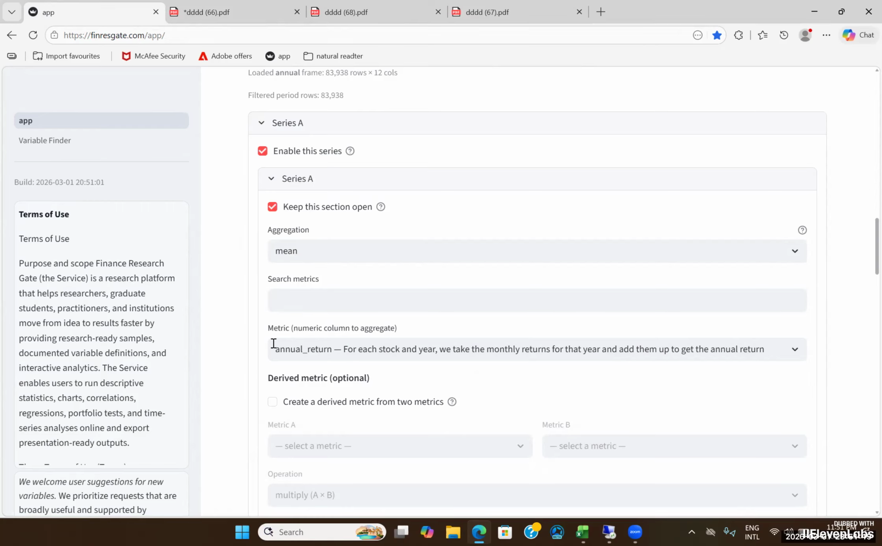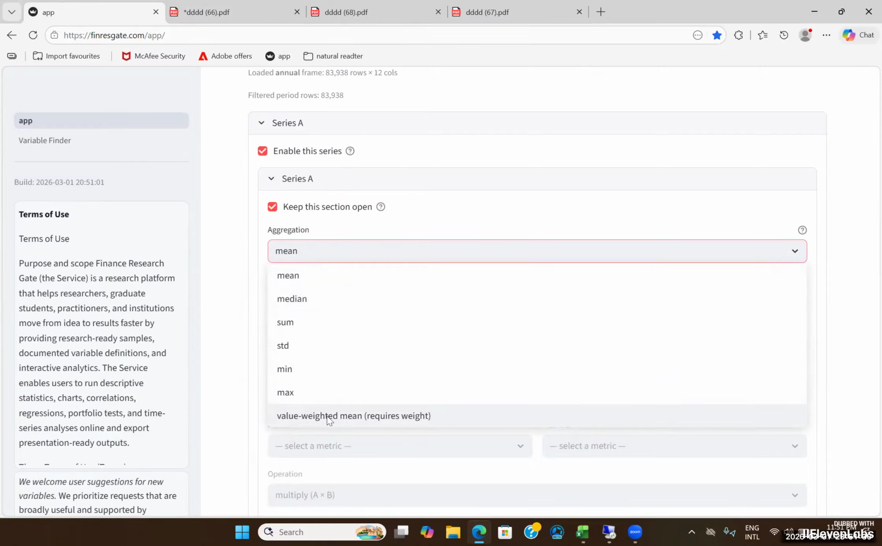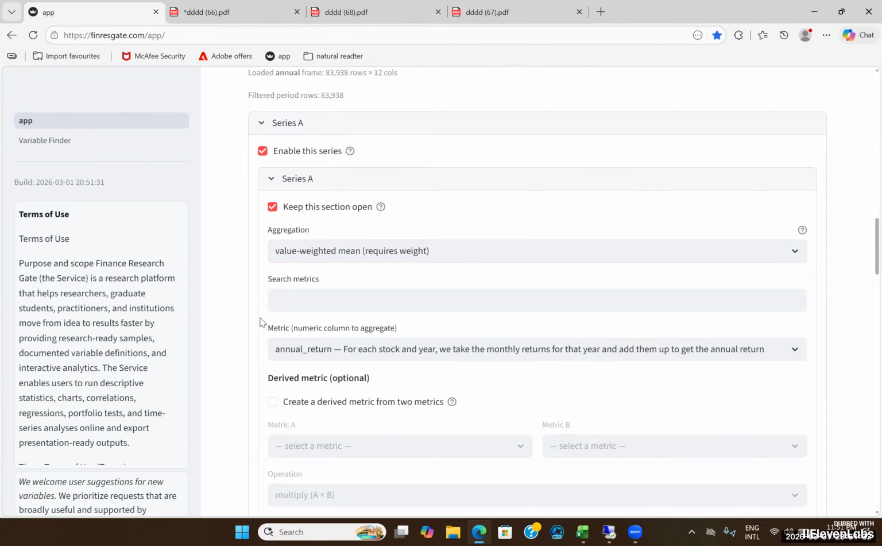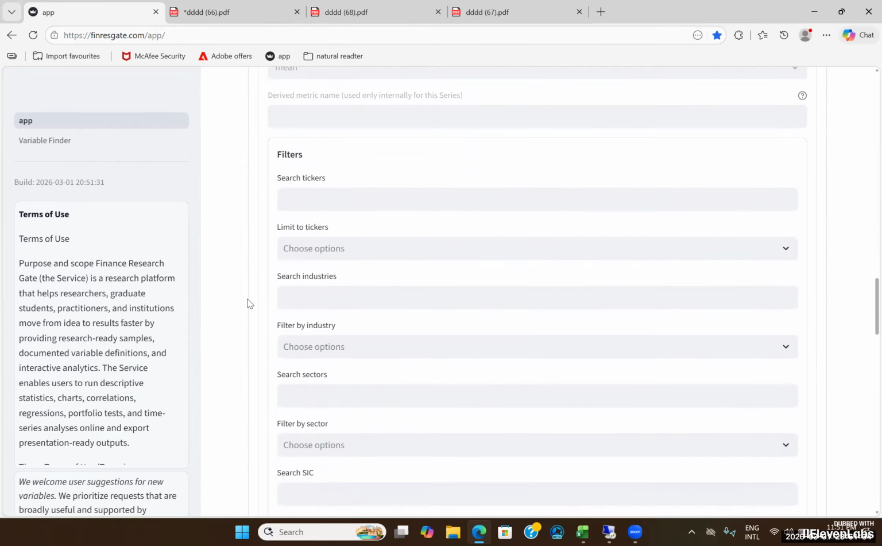The annual return is provided individually for each firm, so the main question we need to address is how we can aggregate that data across all firms for every single year. The specific aggregation method we choose will provide the answer to this question. I'm going to use the evaluated